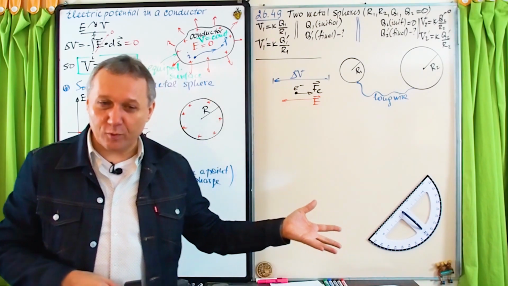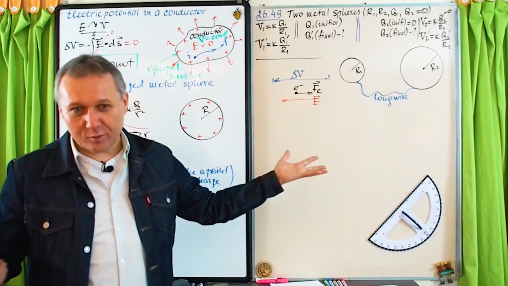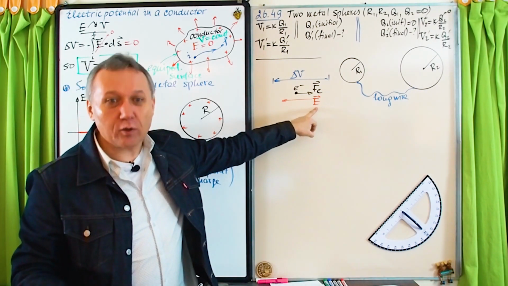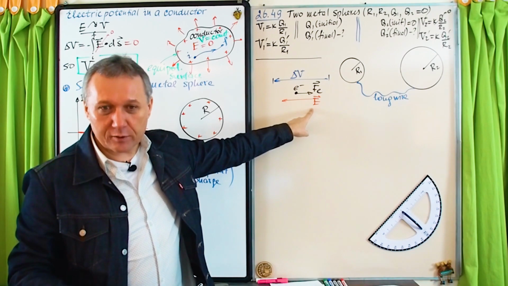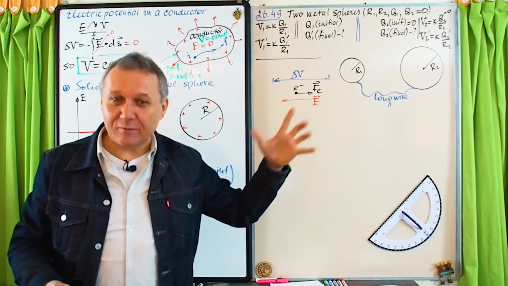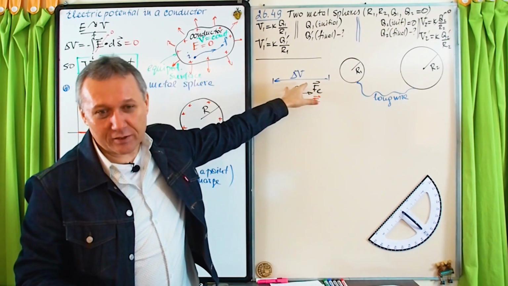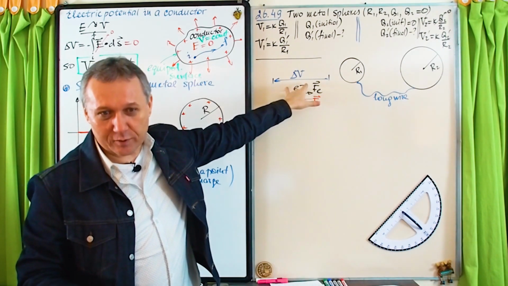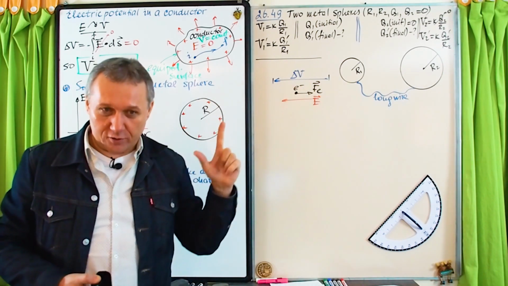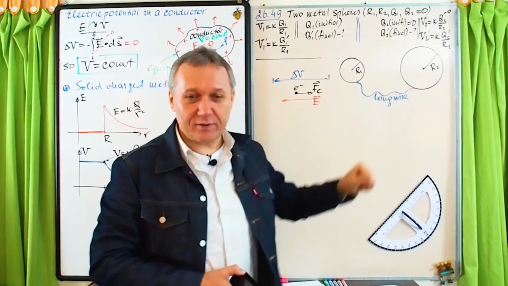So, for electrons to stop moving, the electric field must be equal to 0. And what can you say about the electric potential? The electric potential difference, delta V, must be equal to 0, or V equals constant. So it means what? Charges stop moving from this sphere to that sphere when